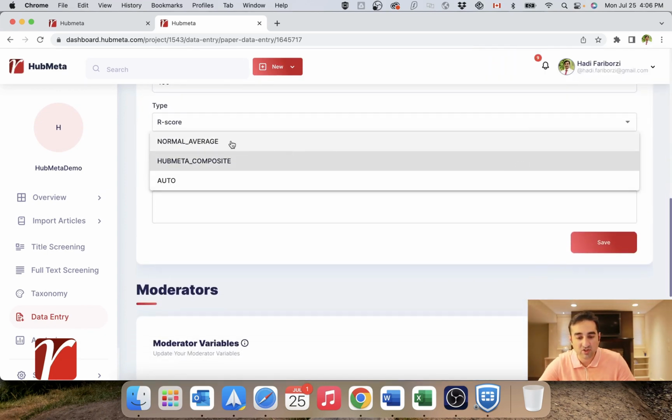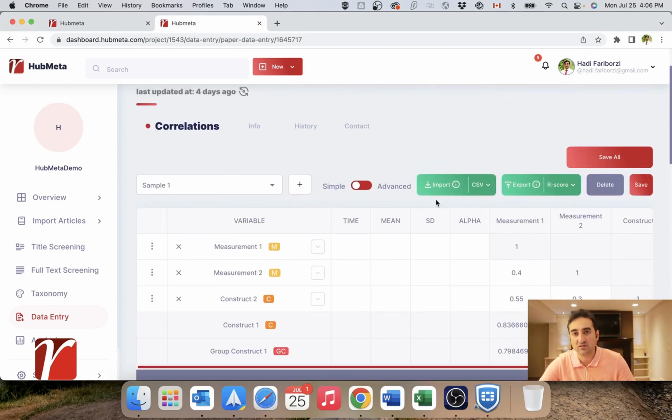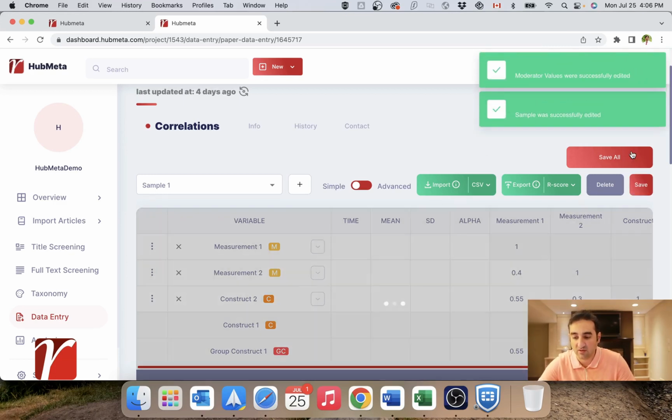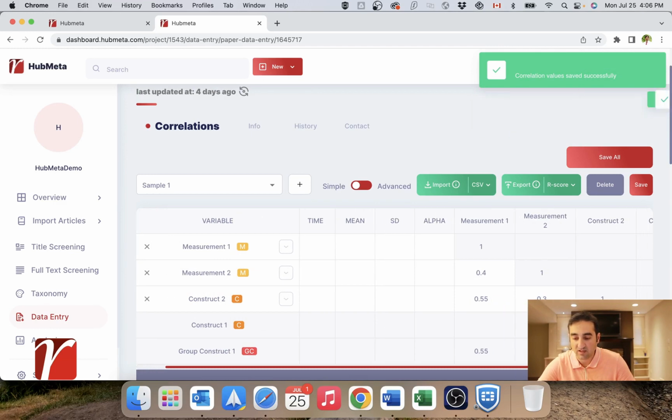You can, however, change it to normal average, in which case it's not using any specific formula, it just averages things out. So let's see how it does that. If you do Save All, this is simply the calculated composite measure. It's just the average of these two correlations.